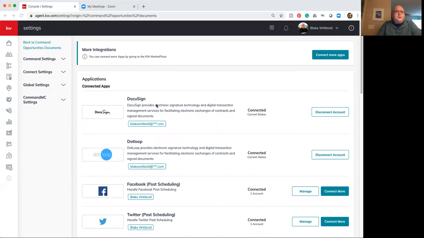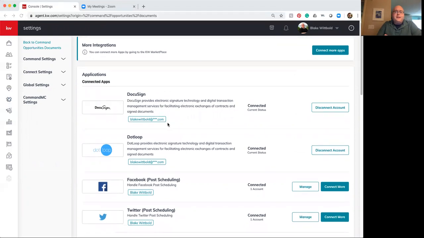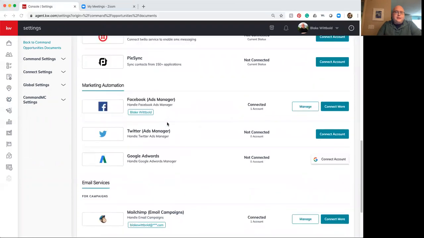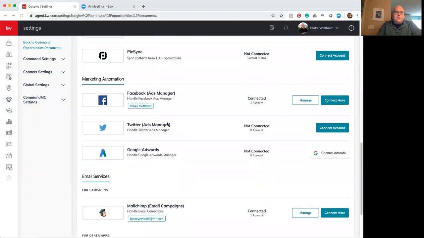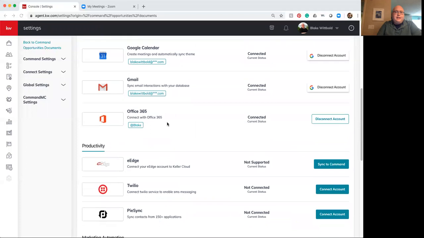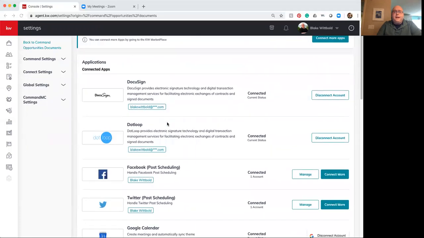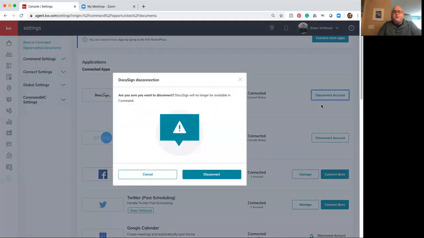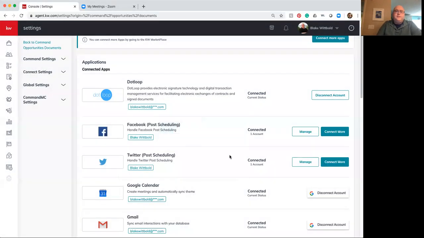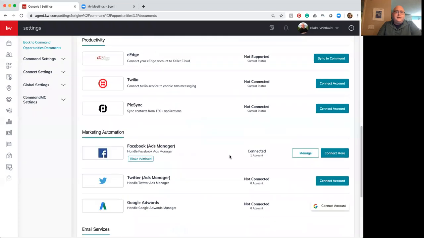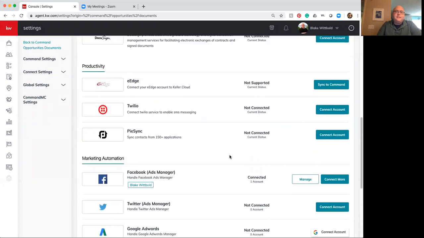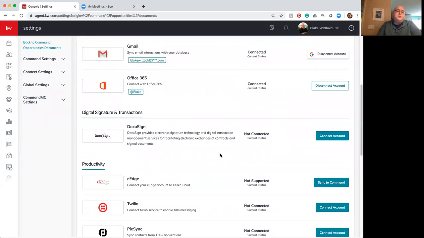So inside of your settings, you're going to see the applications that you have connected. So if you don't have DocuSign connected, it's going to be down under productivity, I think. And you can click connect account or create account. I'm going to disconnect this to show you. So I've disconnected my DocuSign. It actually shows up in its own thing, digital signature and transactions. I'm going to connect the account,